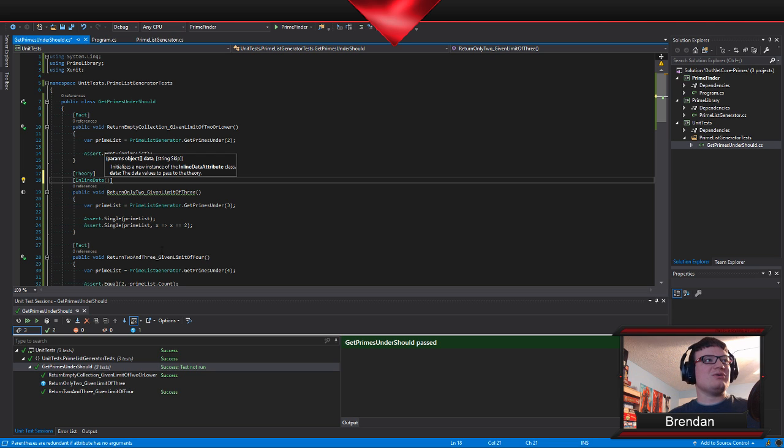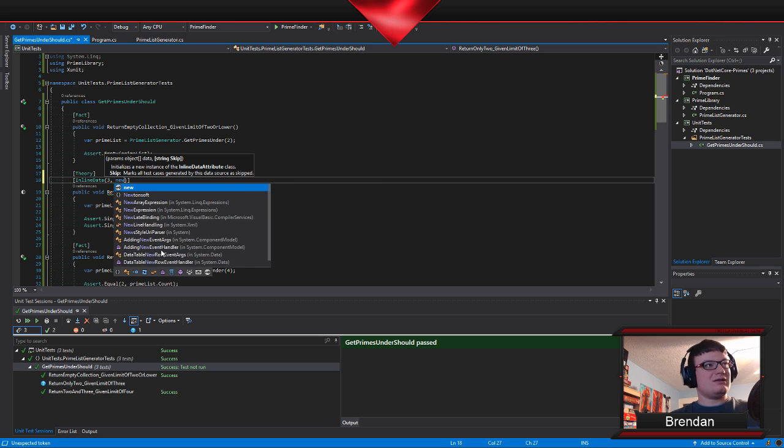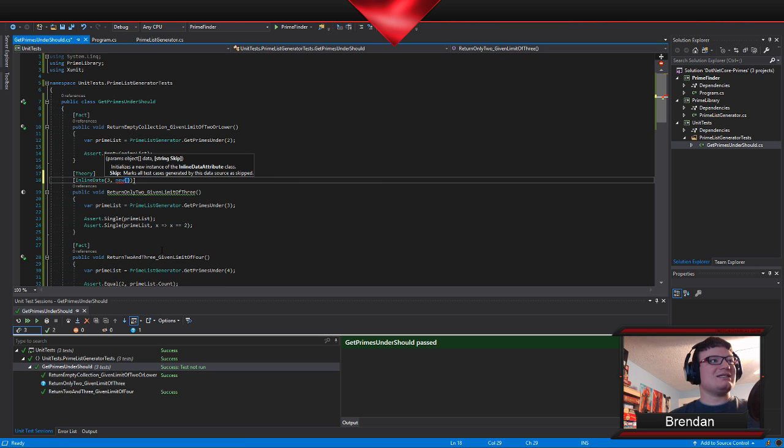So the first thing that I want to do is put in my upper limit, which in this case I'm going to say is 3. And then after that I am going to put in an array of the expected results, and hope that it lets me get away with this.